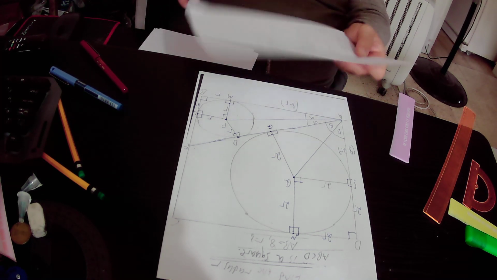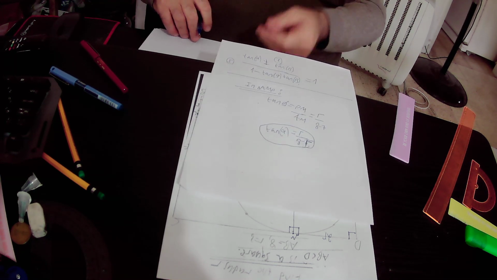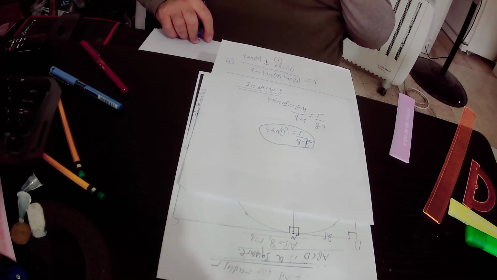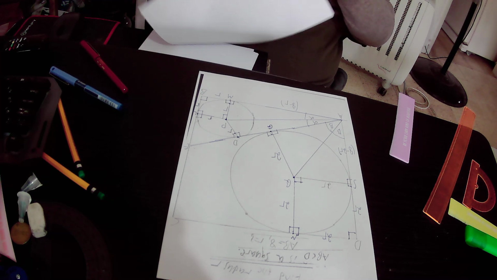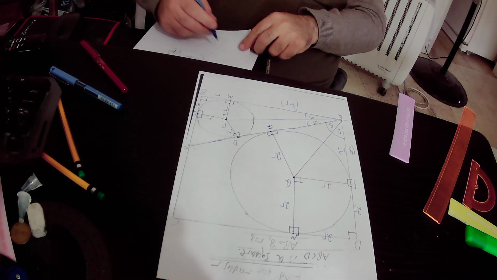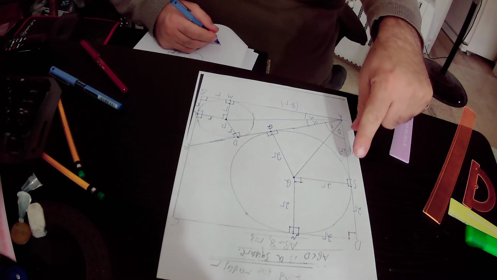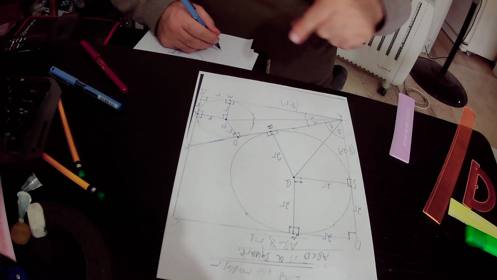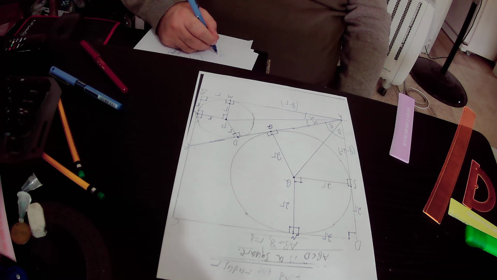Tangent alpha equals R over 8 minus R. And what is the value of tangent beta? If we focus on the right triangle, triangle ASG, in the right triangle, triangle ASG,